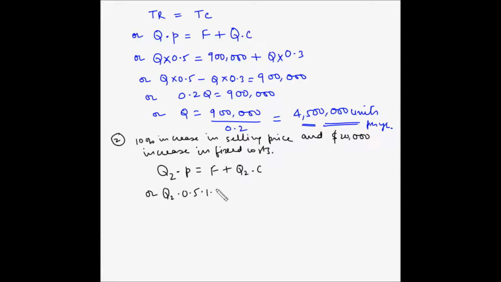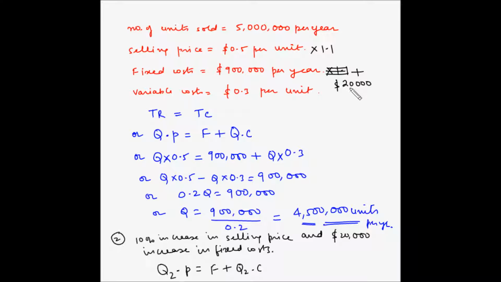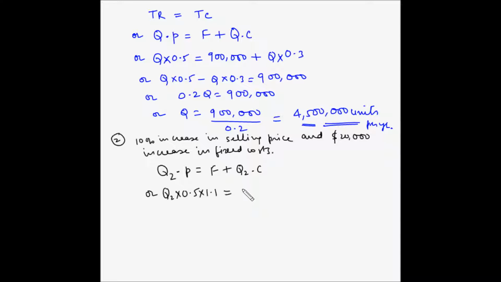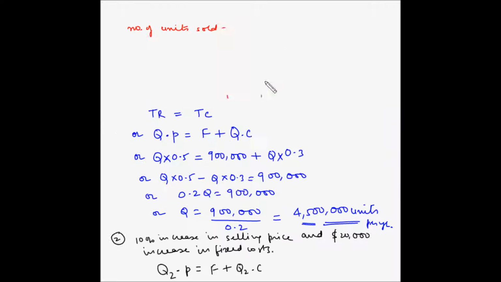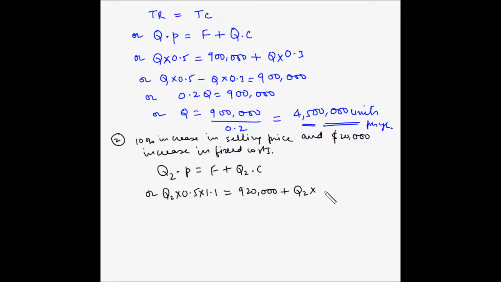So multiplied by 1.1, and this is equal to the fixed cost, which is increased by $20,000. So this becomes $920,000 plus Q2 multiplied by C, which is $0.3 per unit,